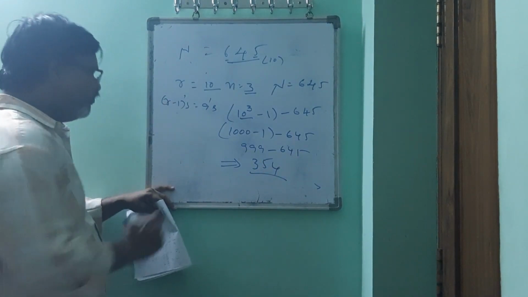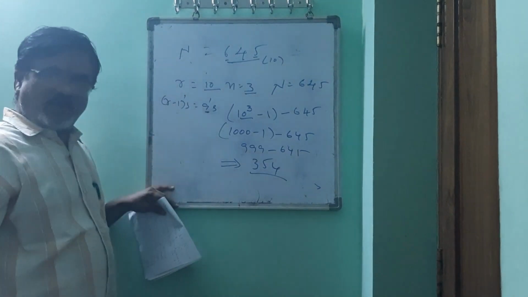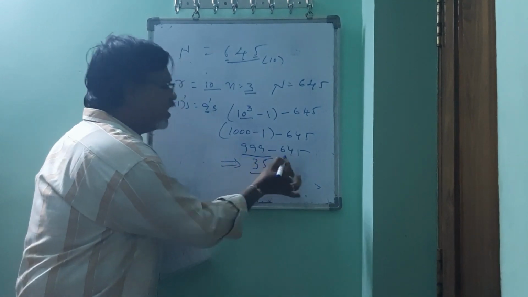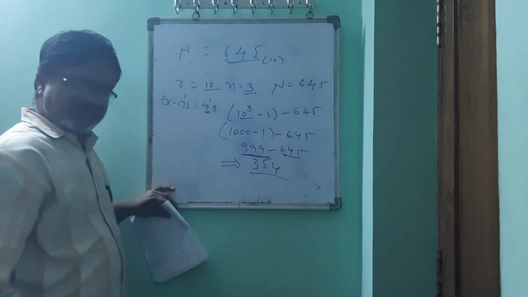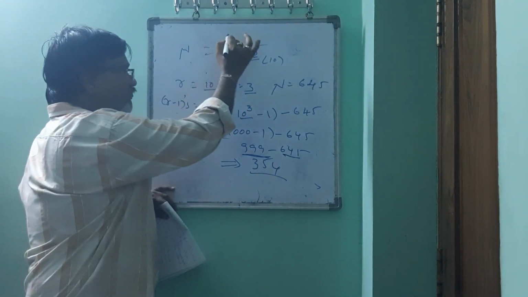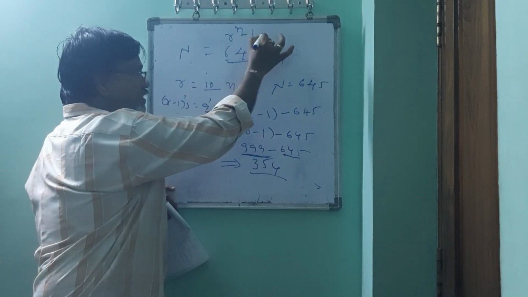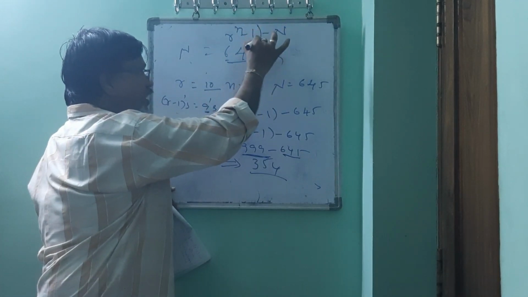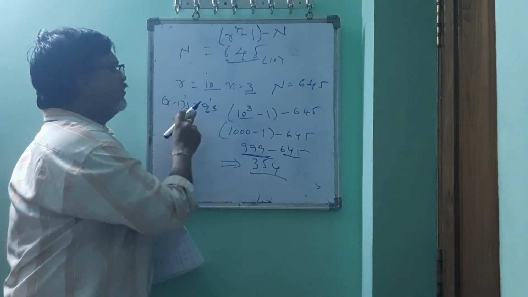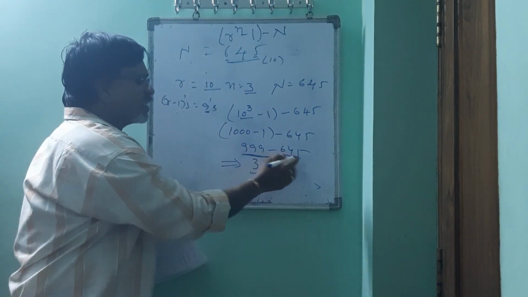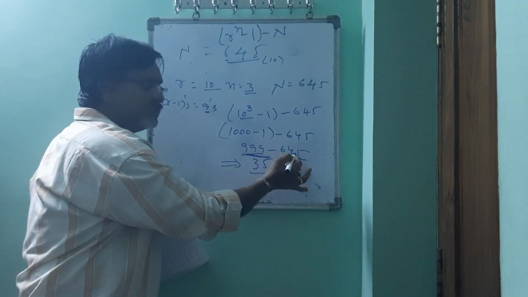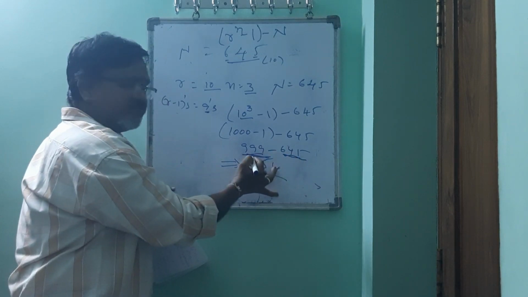So remember, if you want to get the 9's complement, we are subtracting all the 3 digits from 3 nines. I have explained this procedure using the formula r power n minus 1 minus capital N, but you can simply remember that if you want the 9's complement, you can subtract the given number from that many 9's as it has digits. So if the number is given in 3-digit form, you can subtract from 999.